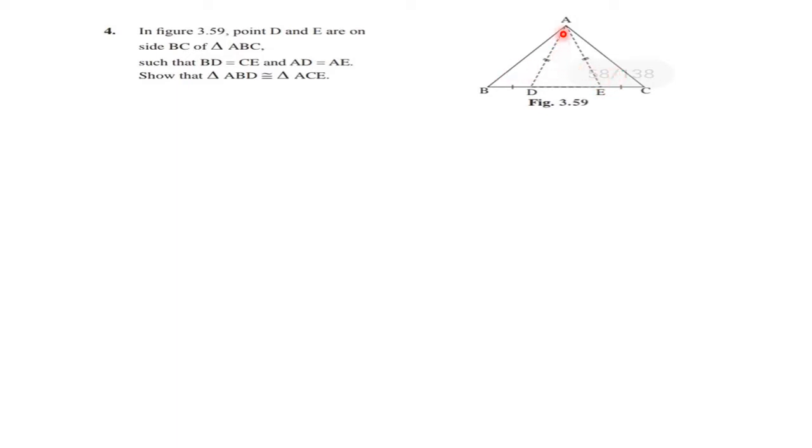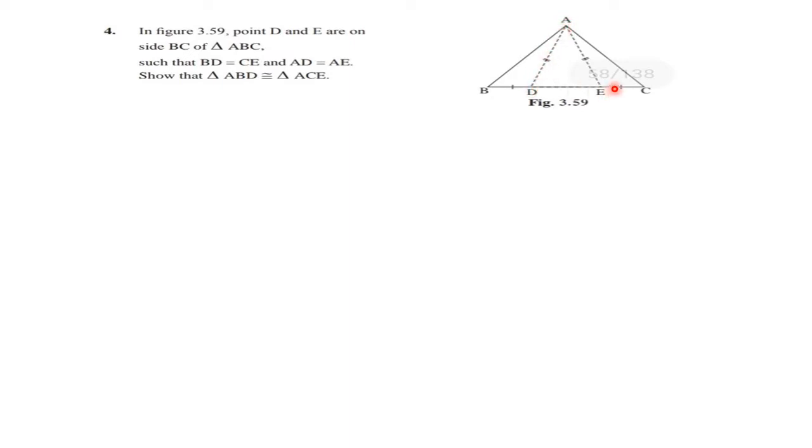So already you can see that AD is congruent to AE is given and BD is congruent to CE is already given. So we need one more condition to prove that these both are congruent. It can be either a side or an angle. So in this case we can use an angle. So you can see that